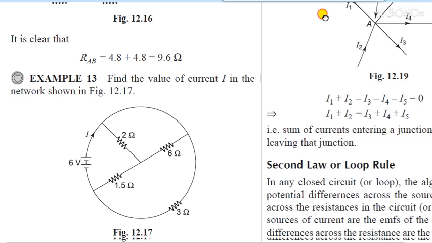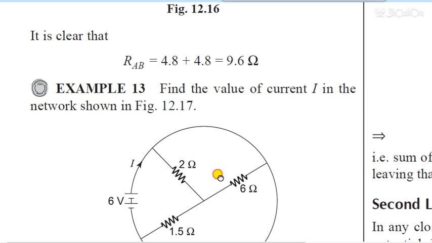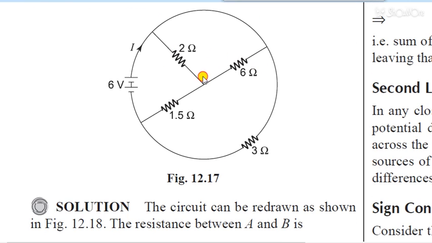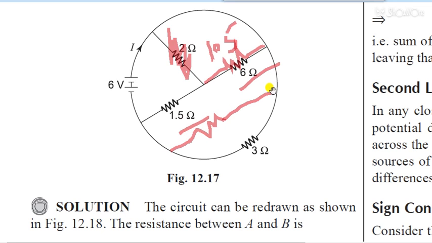As I said, you can follow this method also. Basically these 2 points are common. So what I said is connect 2 ohm resistance here, because these 2 points are common. This point and this point is common. So students, this 2 ohm resistance and 6 ohm will give me a new resistance that has value 1.5. Now this resistance is eliminated because we have already combined it with 6 ohm. Now 1.5 and 1.5 will be in series, so it will give me a new resistance. So its value is 3.